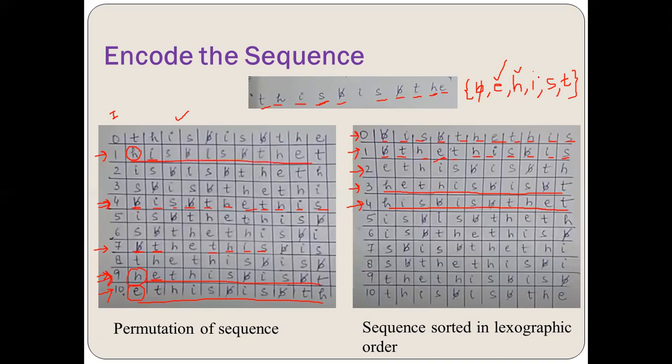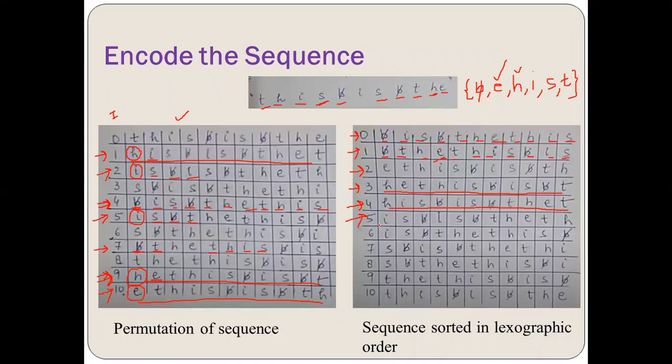Next one, after H, I have I. So let's search for I, that is the first symbol in the row. This is the one, I, that is at the second row, and I have one more that is at the 5th row, first position. So let me see which one is to be taken first. Second symbol S, here again S, same order. B bar, again B bar, same order. This is I and this is T. So obviously I comes earlier than T. So I'll take the second one at the 5th position.